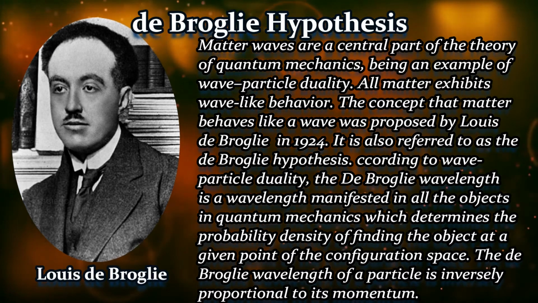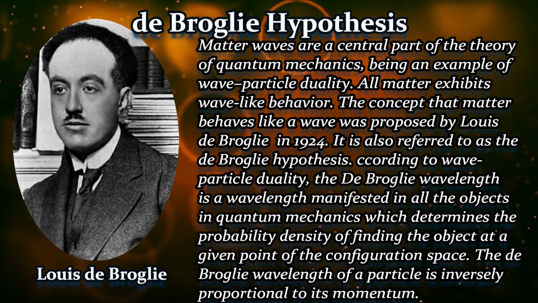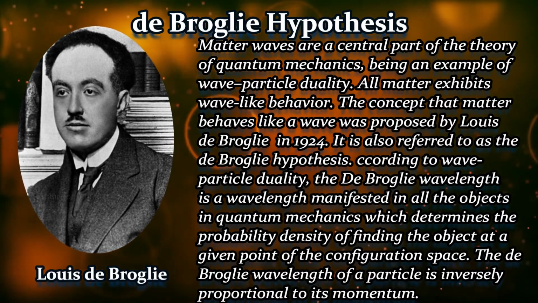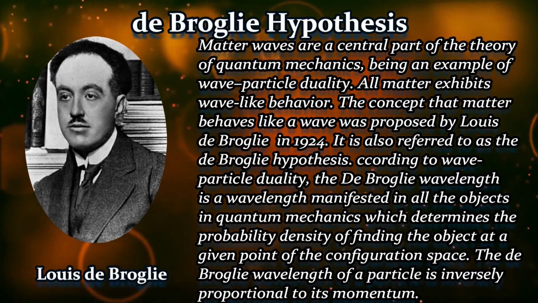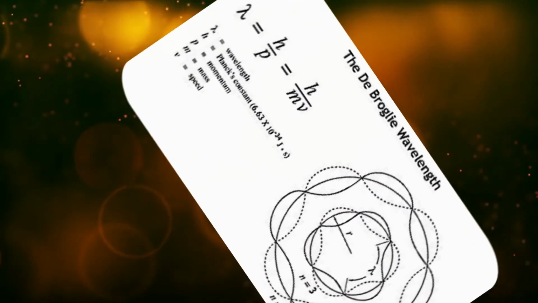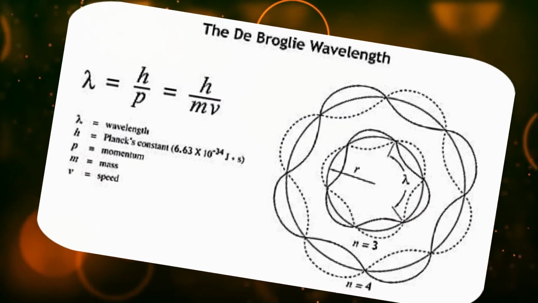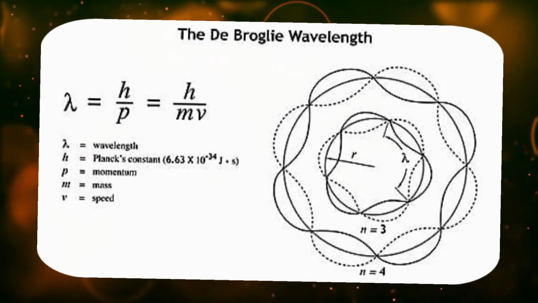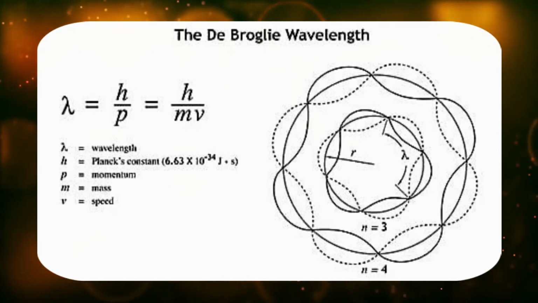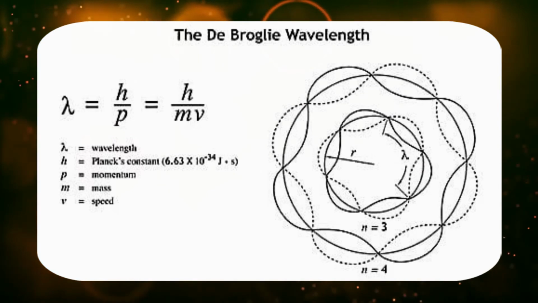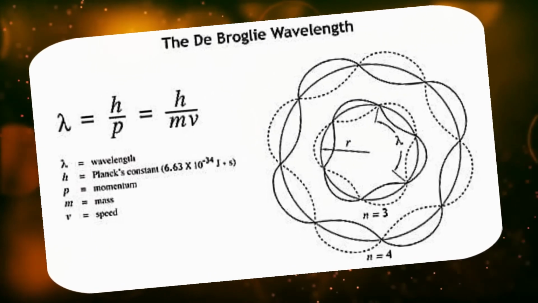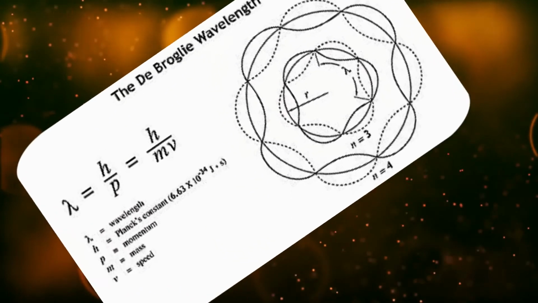According to this equation, lambda is inversely proportional to m, meaning wavelength is inversely proportional to mass. That means if the mass of a body is higher, its wavelength will be less. If the mass of a body is less, its wavelength will be more, right? More wavelength means significant wavelength. So if you want to calculate the wavelength of yourself, you will not get a significant answer because your mass is huge. But if you want to calculate the wavelength of an electron, you will get a normal answer because the mass of the electron is very less, right? That is what was explained by Louis de Broglie.